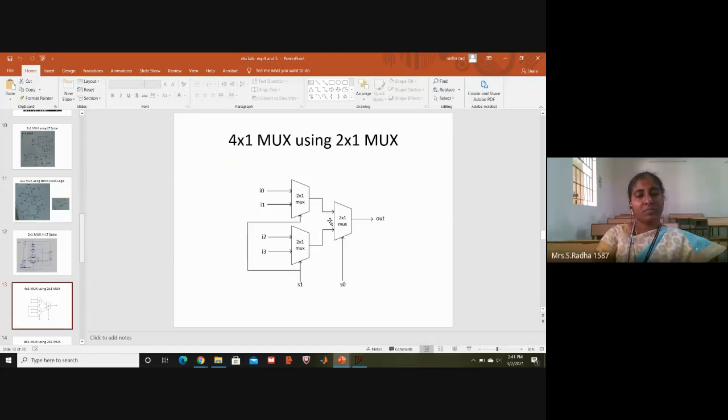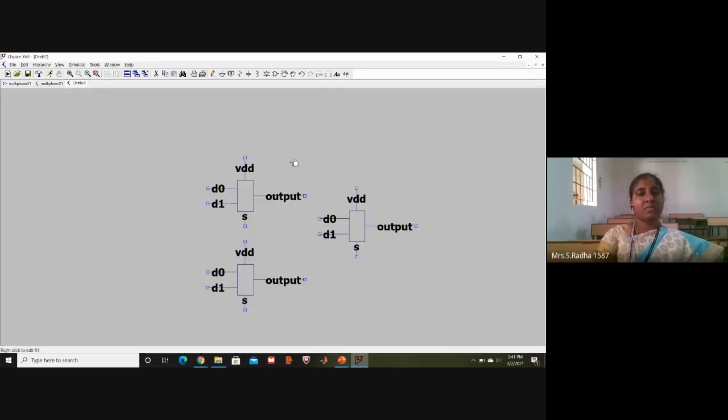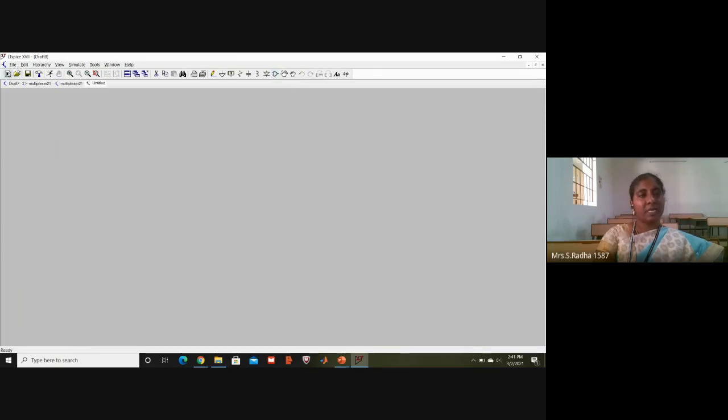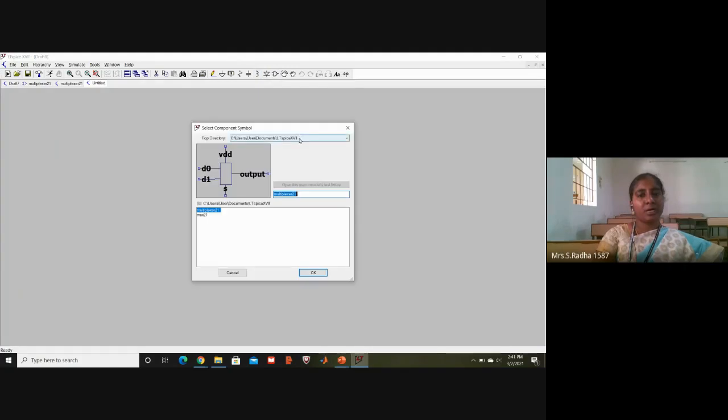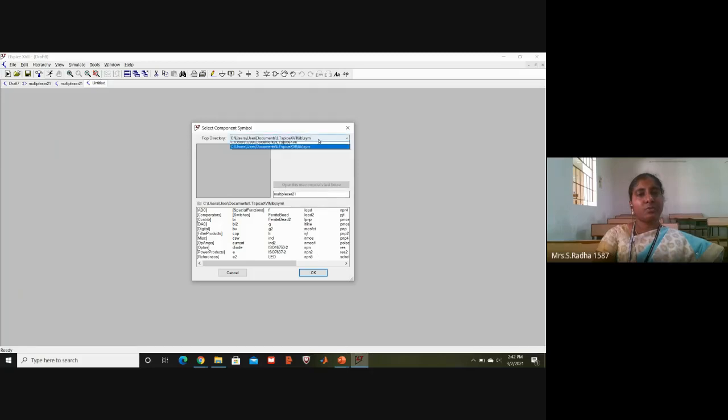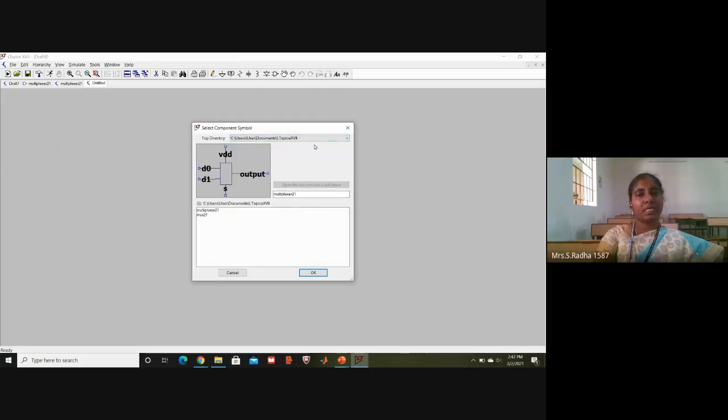So what we have seen is the creation of a symbol. It is available in our components. When you take a new schematic and go to components, you have to change the path over here. In general it will be in the general components. You have to go to the drop down and change to LTspice, and whatever symbols you have created will be available.